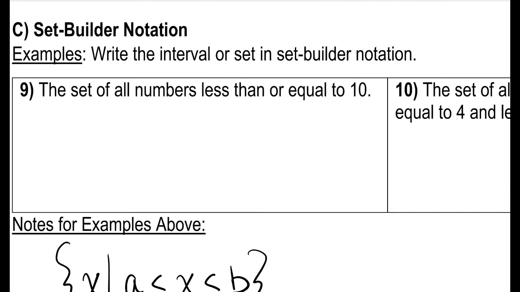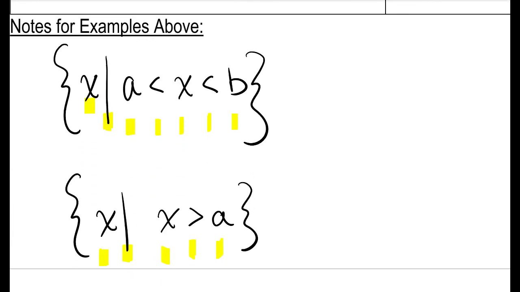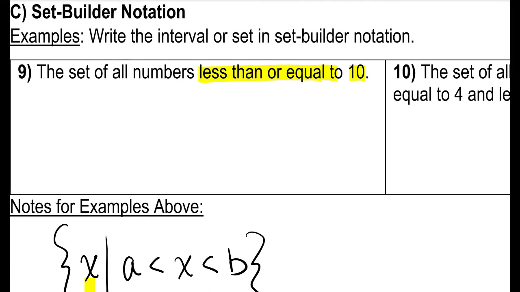So let's go ahead and do these. There's only two. So notice we have the set of all numbers less than or equal to 10. So notice we have one number, and if we only have one number, it's going to look like the second one down there. So we always start with fancy bracket, x such that